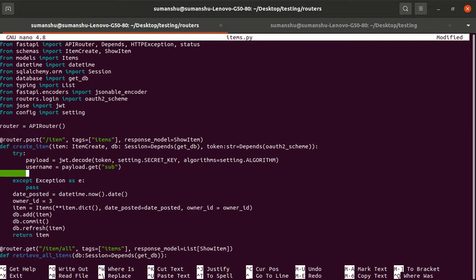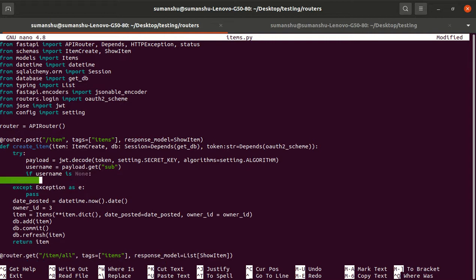So now we have the username, but we are also handling some boundary scenarios. Let's suppose the username is None, what will we do? We will raise an HTTP exception and set the status code. Whether you do this or not, it is okay, but whenever we write code we have to handle the boundary conditions as well, because not every time will everything run fine.